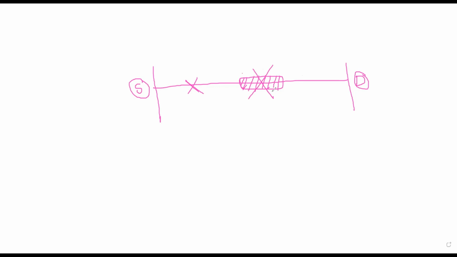Now, I am labelling these two with the letters A and B. A and B are equipment or components which are very helpful to send the person from the source to the destination. So A and B are the two components here. If these two components work well, then only a person will go from the source to the destination, or the power will reach from source to the destination.